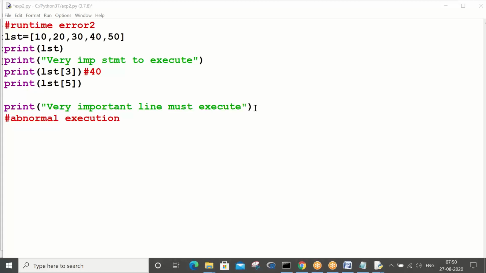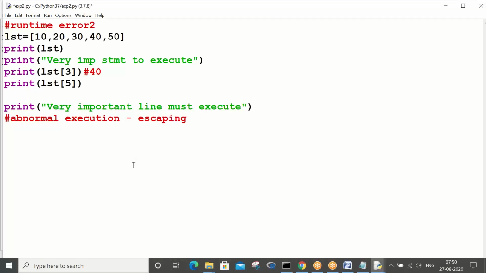So without locking the door, you get out from the home and don't even meet your mom, because you are worried to face her, so you are escaping. So abnormal execution, in layman terms, we have to call it escaping.